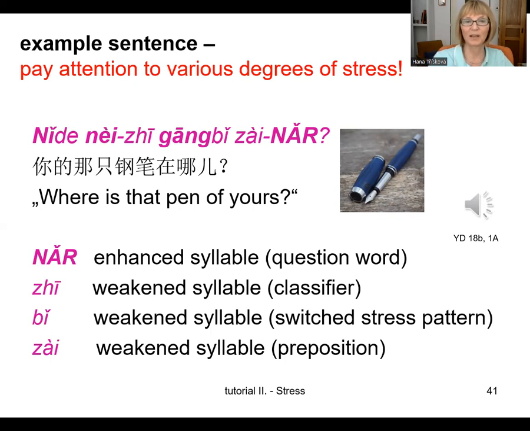This is something what I call switched stress pattern, because in this very context, you would not say 钢笔, but 钢笔在哪儿? And finally, the preposition 在 is also weakened because it is just a preposition. You may check it once more. 你的那支钢笔在哪儿？